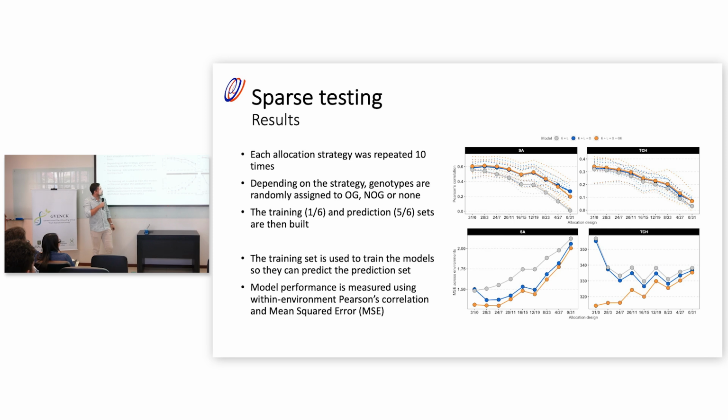But you can see that model 2 and model 3, the G and the G by E, are behaving similarly in terms of accuracy. But when we go to the mean square error, we can see that specifically in the scenarios with more non-overlapping lines, the orange model, which is the G by E, is behaving a bit better.